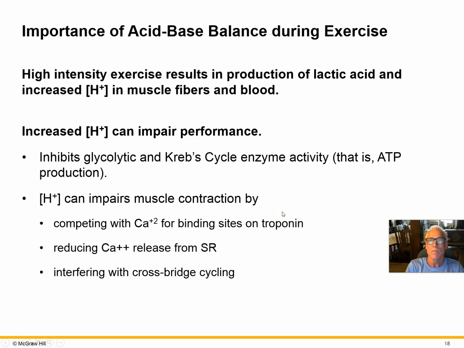So, high intensity exercise, as we have said many times, results in anaerobic glycolysis, fermentation to produce lactic acid, and those hydrogen ions produce acidity. What are the effects of hydrogen ions, acidity, on performance? In the cell cytoplasm and in the mitochondria, hydrogen ions interfere with glycolysis, so slow down that ability to produce those 2 ATPs per glucose. They also interfere with Krebs cycle enzymes.